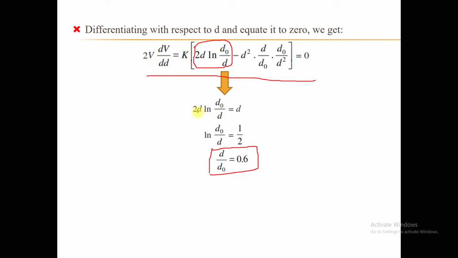Okay, so 2d ln d0 by d is equal to d. So finally we can get one condition, that d is equal to 60%